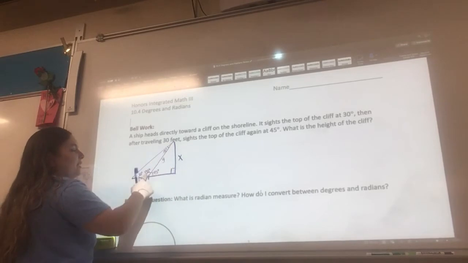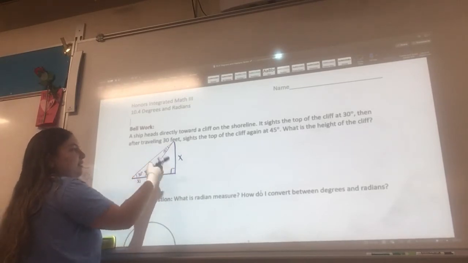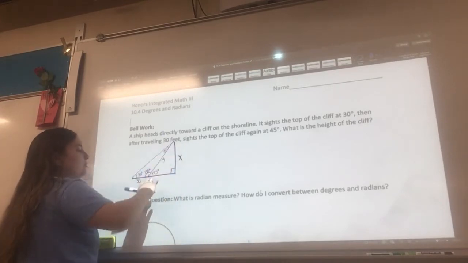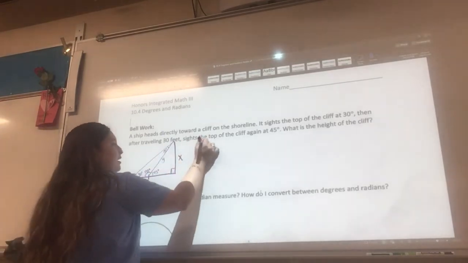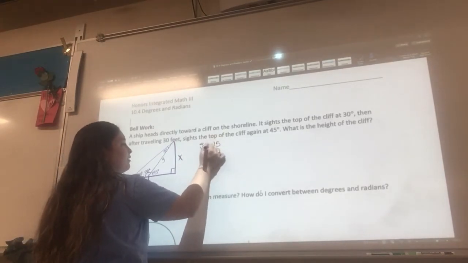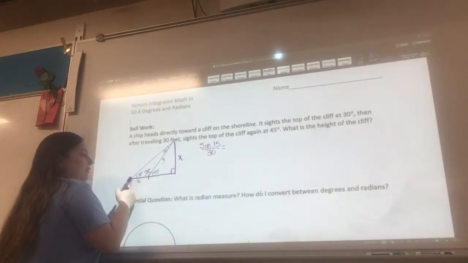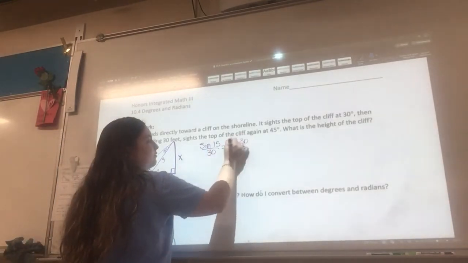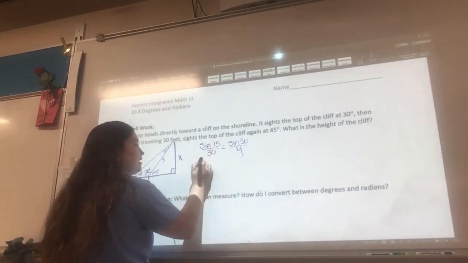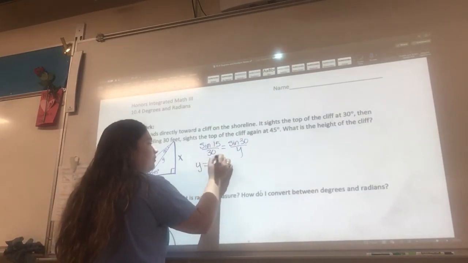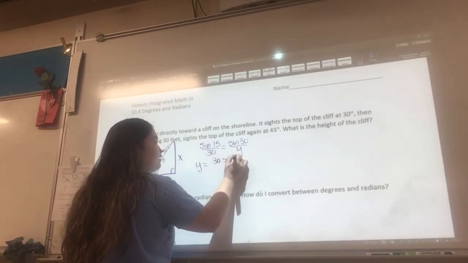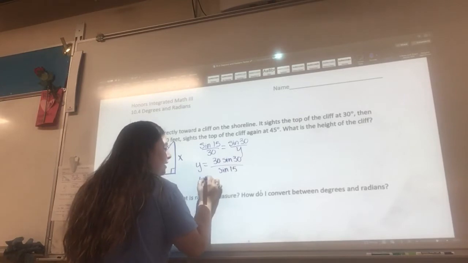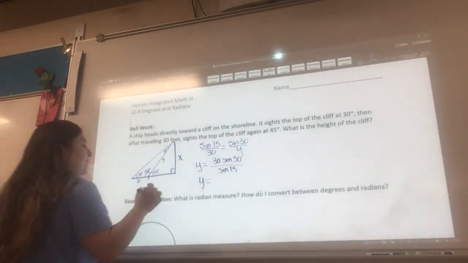The reason we have to find this information here is that this 15 is given in this triangle, not the triangle that has the height. So we have to make sure we do this. We have sine of 15 over 30, which is going to equal sine of 30 over y. We cross multiply to see that y is going to equal 30 sine of 30, all divided by sine of 15. Plug that into your calculator and we see that y equals